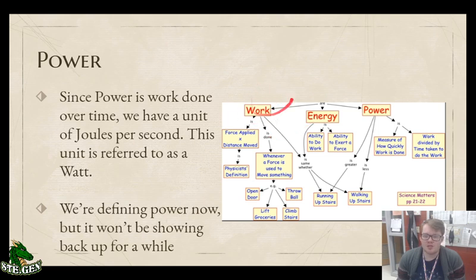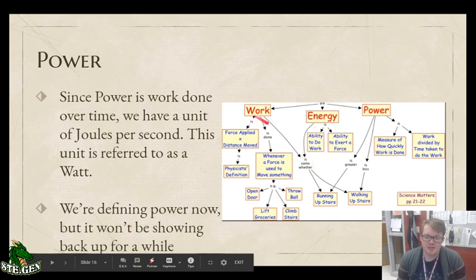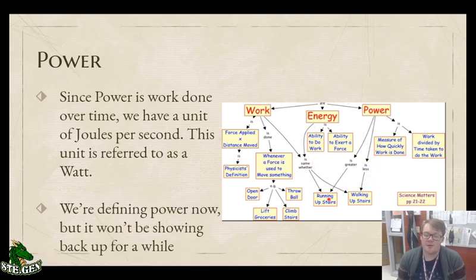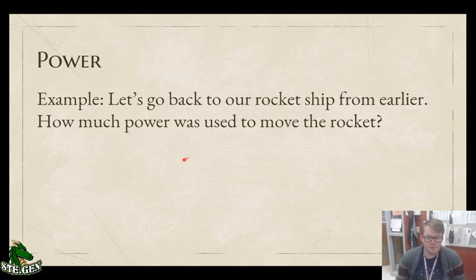and work can in some ways be used to measure energy done. We'll talk more later in this chapter about exactly how to do that. Power is a measure of how quickly that work gets done. It's work divided by the time taken, which is why running up the stairs will take the same energy and the same work, but they will take greater power than walking up the stairs. The faster you do something, the harder it's going to be for you to do, not because it takes more energy, but because you have to do that same amount of energy at a faster pace, which means you're using more power.